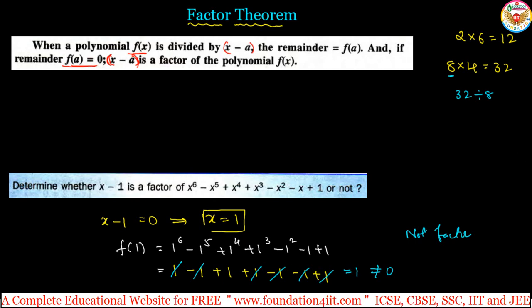Let us see the concepts in more detail. Here's the question: find the value of k if x minus 2 is a factor of x cube plus 2x square minus kx plus 10. They mentioned already that x minus 2 is a factor of this function. Since it is already a factor, as per the factor theorem, the remainder must be 0. So here's the given expression, f of x equals x cube plus 2x square minus kx plus 10. Since x minus 2 is a factor,